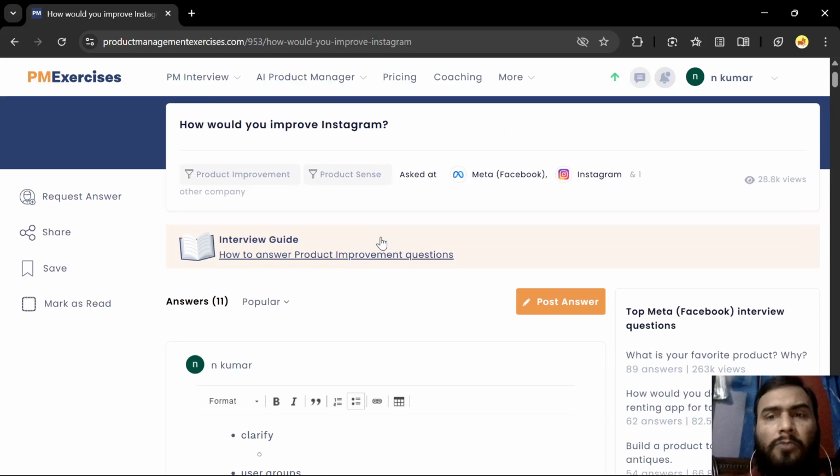So when we say improve Instagram, Instagram, as we know, is an image and video sharing platform owned by Meta.